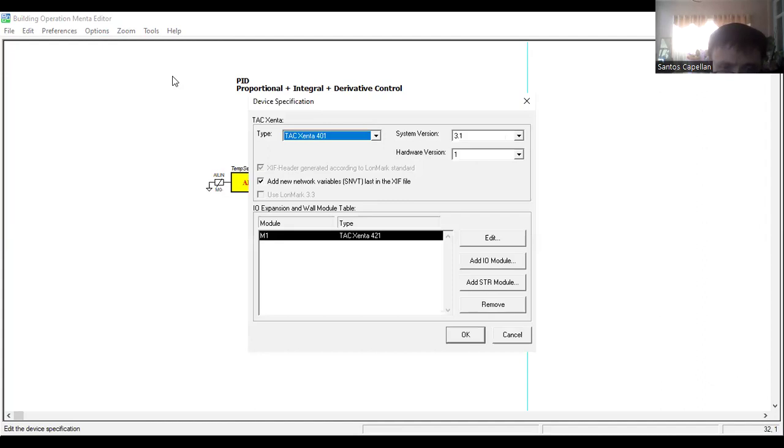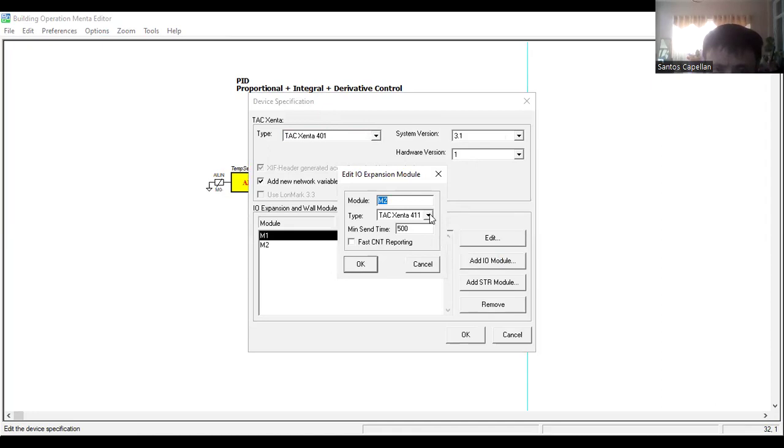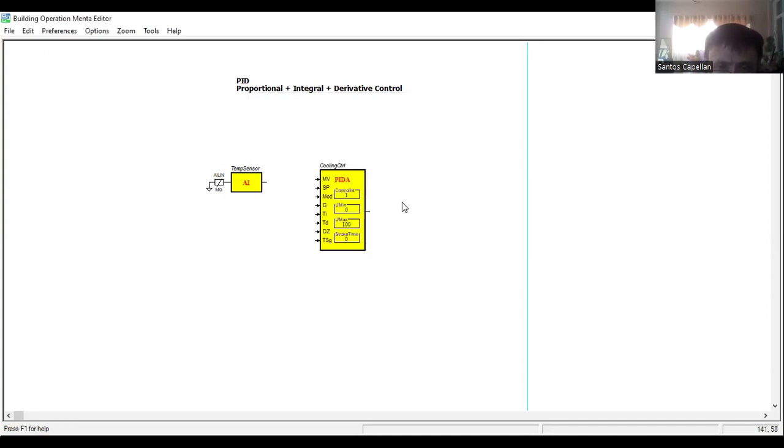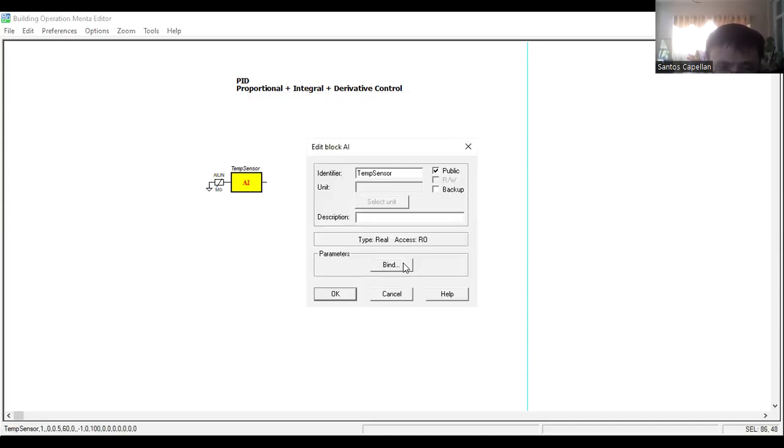Device specification here. Okay. Add IO. 411, 412. What is 422? 411 are digital in, 412 with 4, 422. Okay. Let's see if I can bind this one.